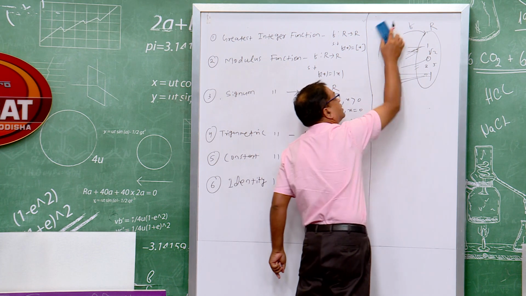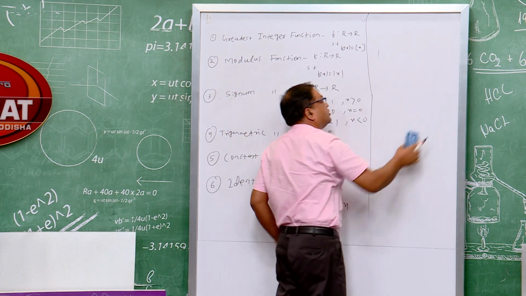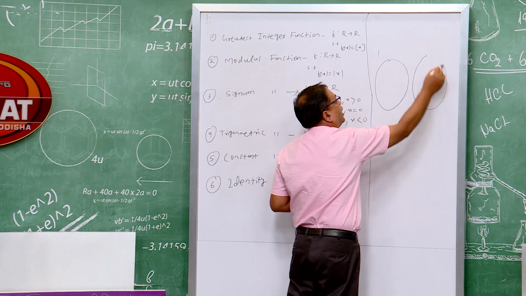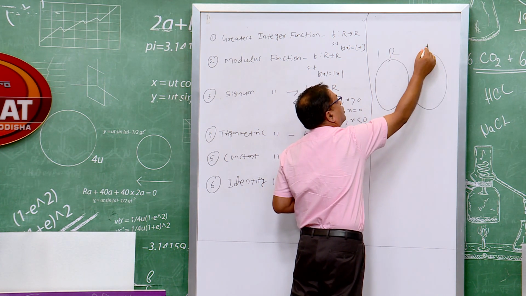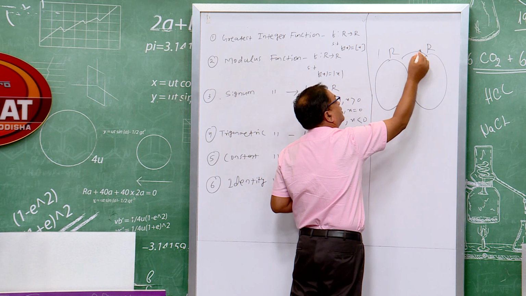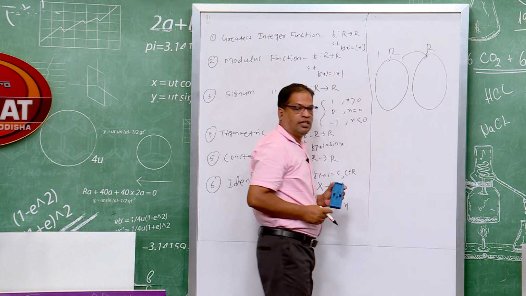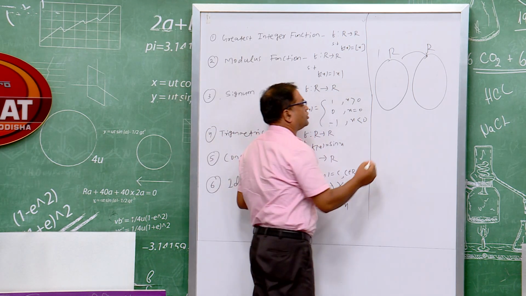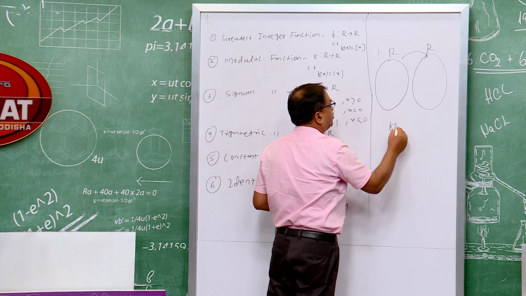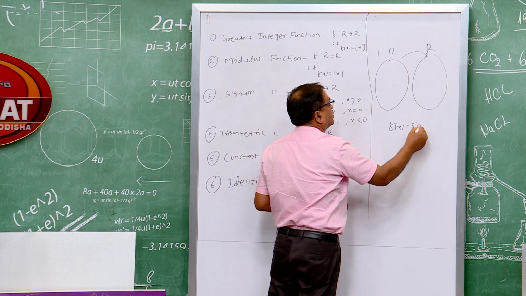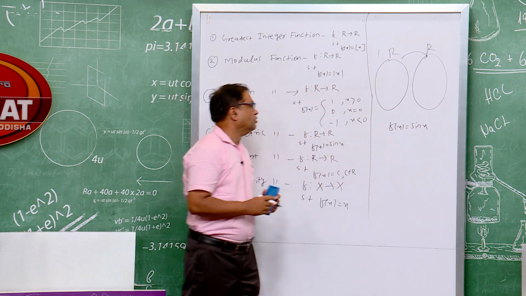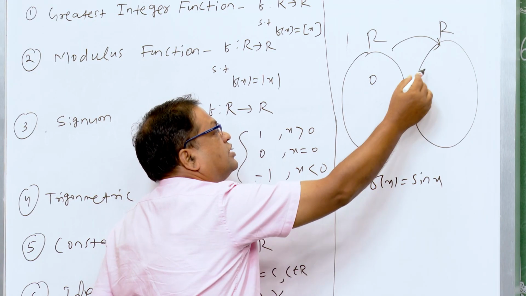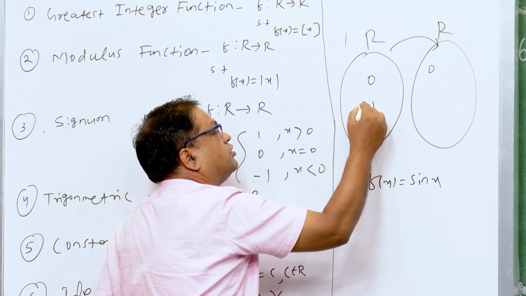Next are the trigonometric functions. There are 6 trigonometric functions: sine, cos, tan, cot, sec, cosec. For example, let us take the sin x function. So f(x) = sin x. When x is equal to 0, sin 0 is equal to 0, and when x is equal to pi,